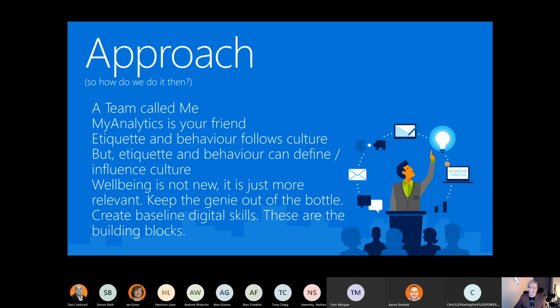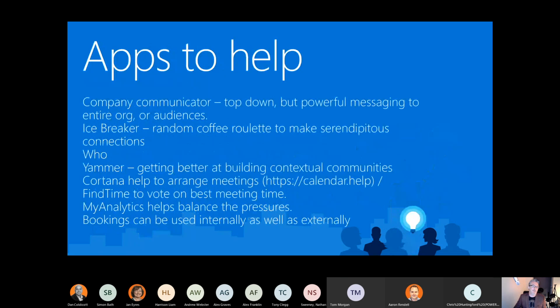Create baseline digital skills. These are the building blocks. That's really where I started this whole journey. I did this because I wanted teachers locally in my little town to be able to use the tools they've got better to support the students, because my daughter's a student. So again, what's in it for me? This all comes from a